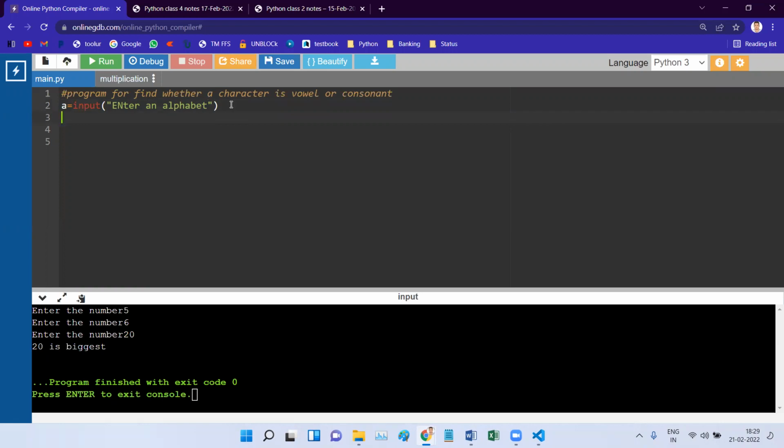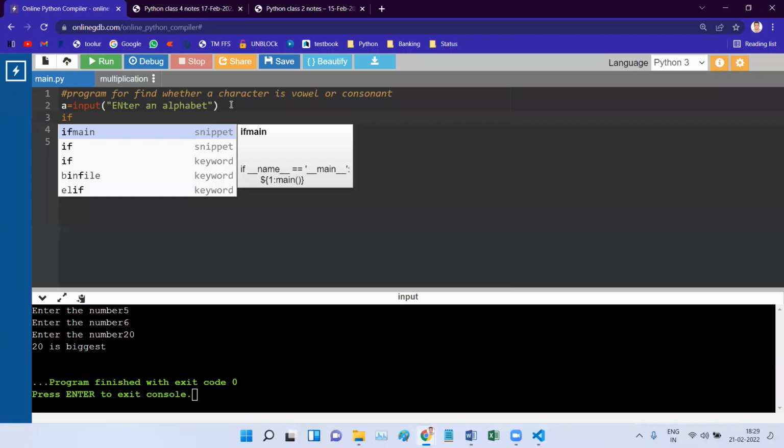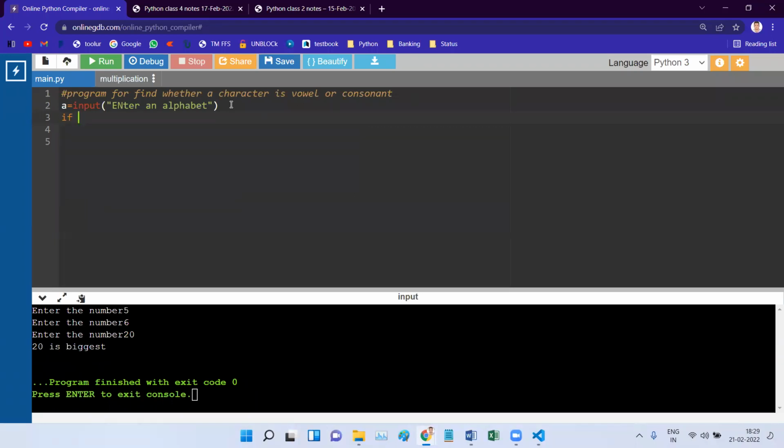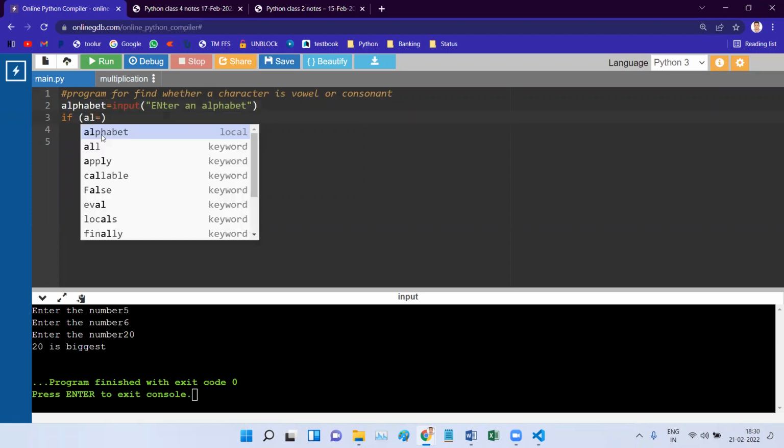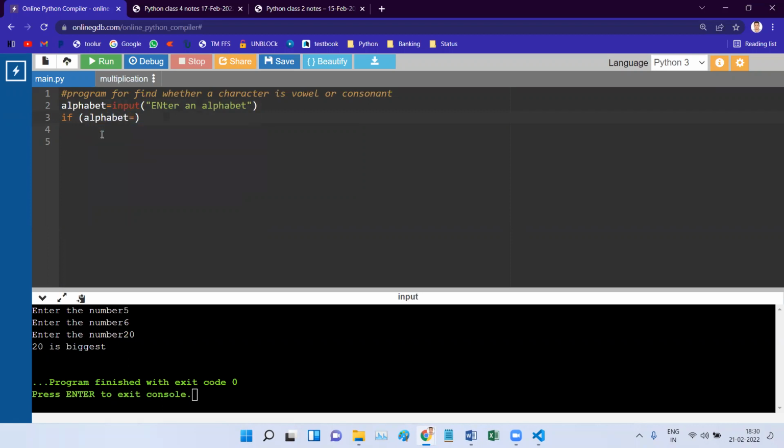If you want to compare, which statement do we have to use? We have to use the if statement. In the if, we will write a bracket. Now I will compare A with A. This will be a little complex, so I will rename this as alphabet. Here, if the alphabet which the user entered is equal to A,